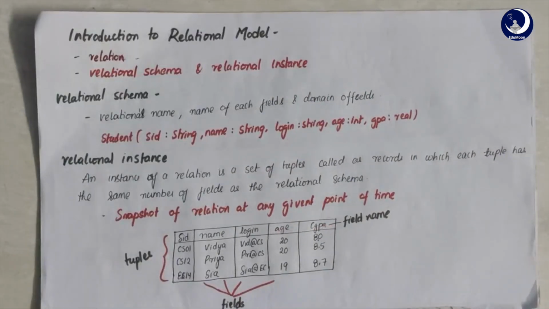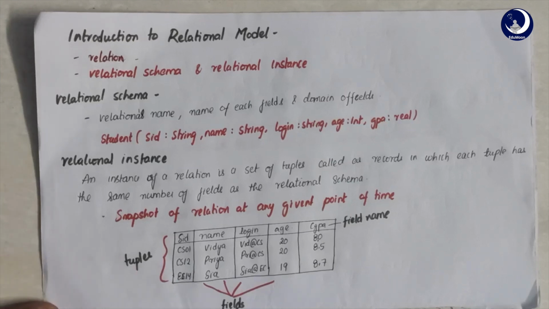So, the main construct for representing data in a relational model is the relation. Here, a relation is nothing but a table. A relation consists of a relational schema and a relational instance. Don't worry about these schema and instance terms, we'll describe them in brief. First, let's see what a relational schema is. We have discussed these topics in our first lesson as well, so let's see once again what they are.